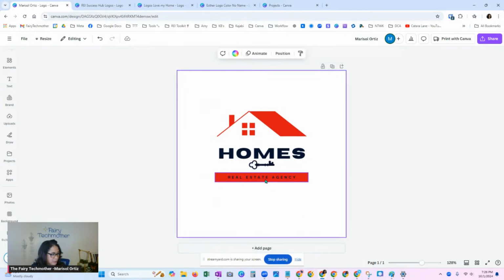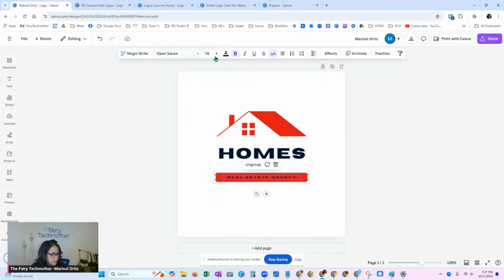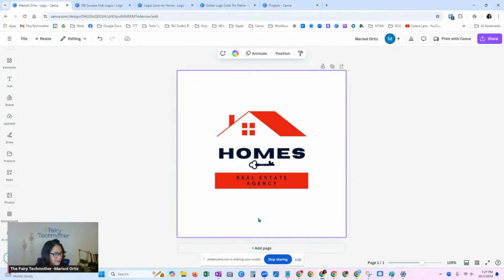But anyways, I'm just going to make this real estate agency bigger. You don't want anything smaller than the 8, but all right. So once we think we're done, these are all different elements, right? You want to make this as big as you can, to cover up this entire 500 by 500 pixel space.